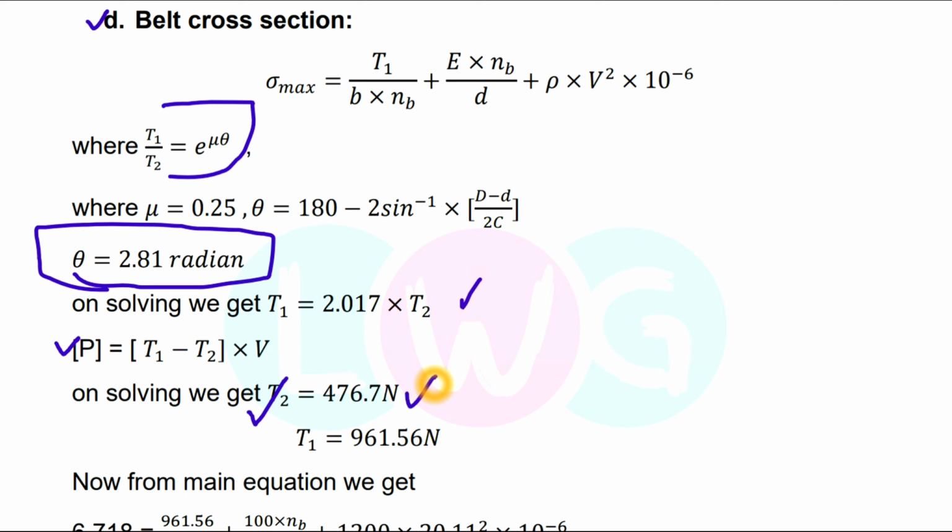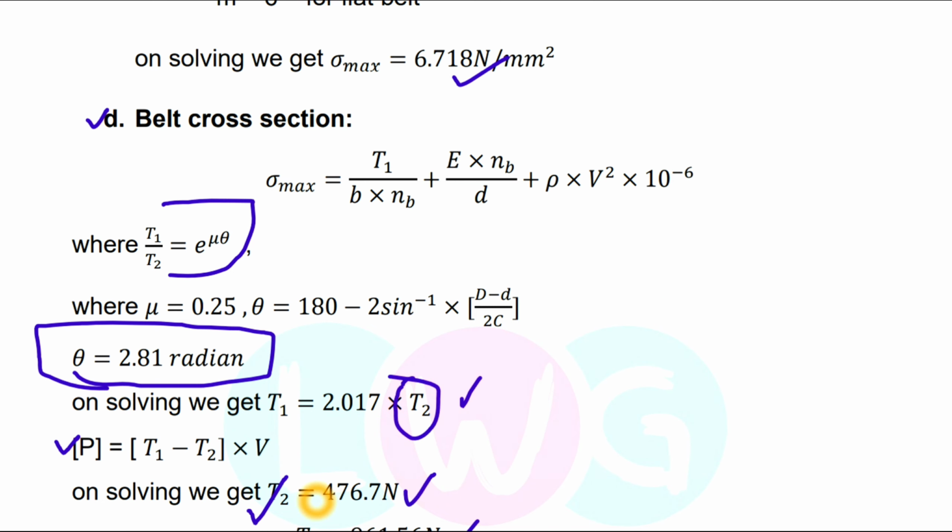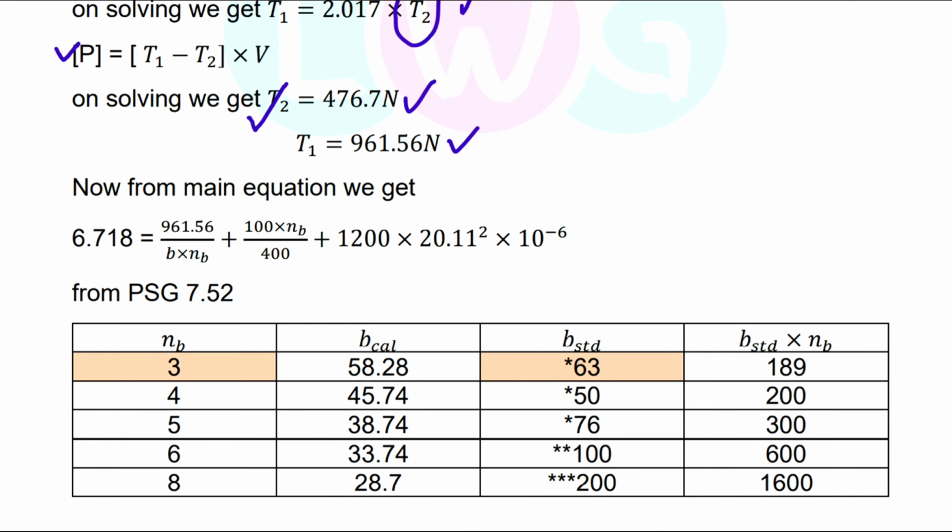As you got the value of T2, put the value of T2 here, you will get the value of T1 also, which will be 961.56 Newton. Okay, so you got here T1 and T2 value, put here T1 value. Then now B, sigma max we got